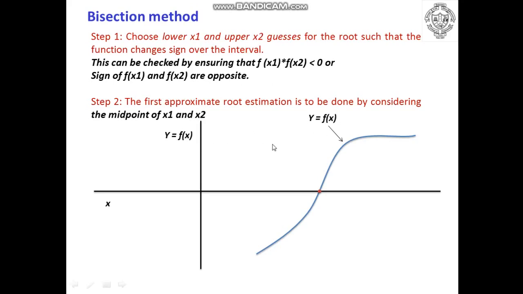Suppose when you assume the initial guess for x as 0, you get f of x as minus 10, and then if you assume x is equal to 1, you get f of x as minus 5. Then these two initial guesses are incorrect, because there is no sign change. The sign of the function when x is 0 and when x is 1 is negative, which is the same, so this violates the condition. So these two initial guesses are wrong.